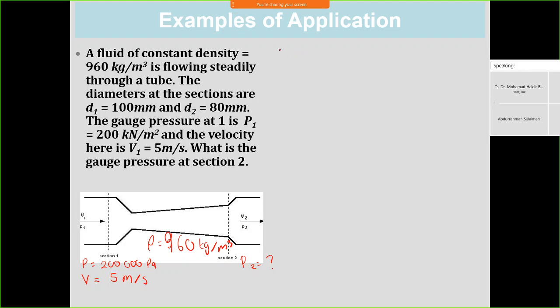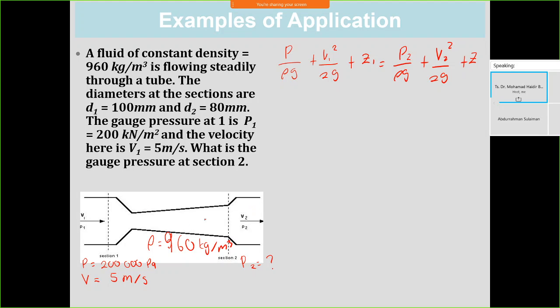First, just rewrite the Bernoulli equation. P1 over rho g plus V1 square over 2g plus Z1 equal to P2 over rho g plus V2 square over 2g plus Z2. Okay, this is the Bernoulli equation, and then you know the pressure at point 1, the velocity at point 1, and then for Z, is there a difference in elevation between point 1 and point 2